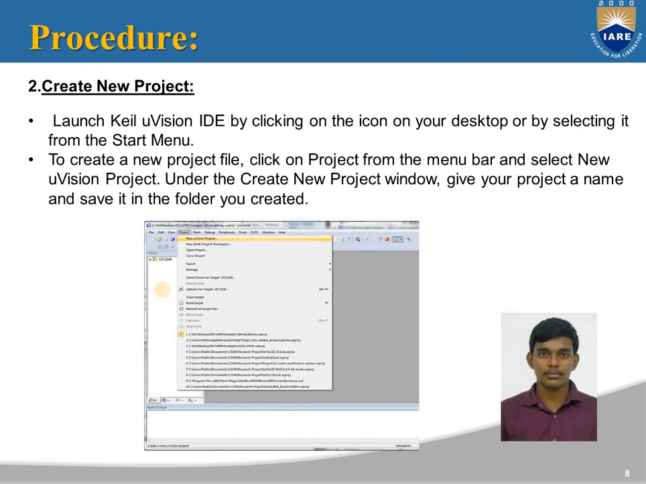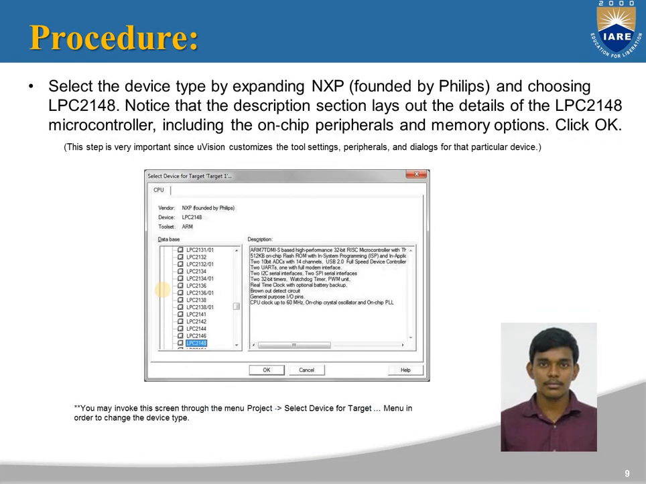Generally people will go to File and create a new project. That is not the process in Keil uVision. We have to go to Project, and there you have to select New uVision Project. And second, after selecting that, you have to choose the